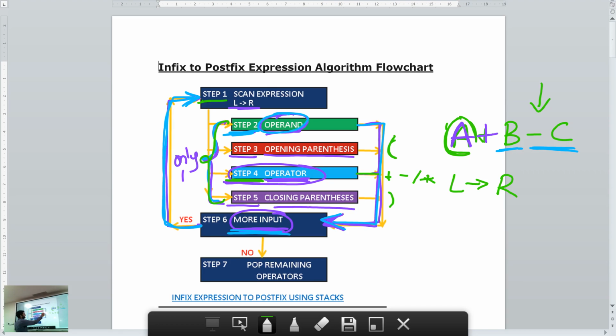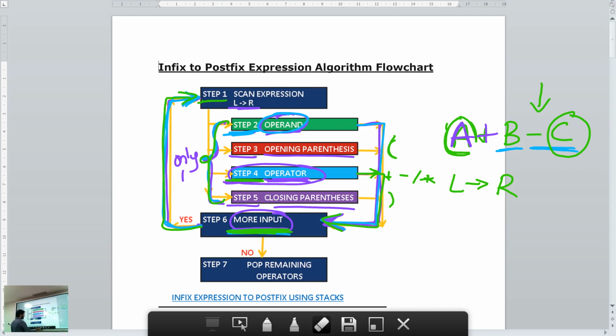After I apply that step, I go to step 6. I check if more input is left. Yes, C is left. So I go back to step 1.